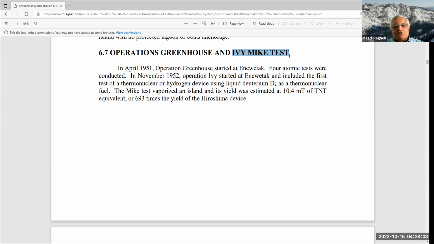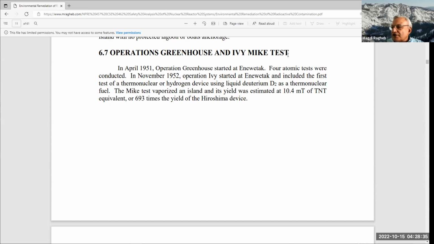And in that case, they used deuterium and lithium-6 as an isotope where the fission reaction produces neutrons. It interacts with the lithium-6. It produces tritium, and then the tritium with deuterium generates a fusion reaction, a DT reaction. That one produces 14 million electron volts of neutron energy that can fission another third stage in the explosion,